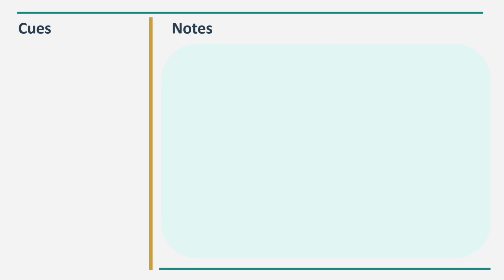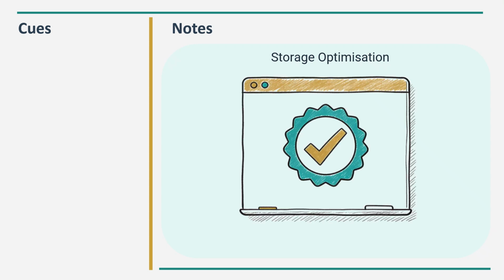Remember to set up your Cornell page. Cues on the left, notes on the right, summary at the bottom. In video 3a, we saw what happens when the RAM is low or storage is full. Today we learn 4 strategies to optimize storage and speed up your computer when it's slow or running out of space. All of this simply helps to answer the following question: how will you improve performance?